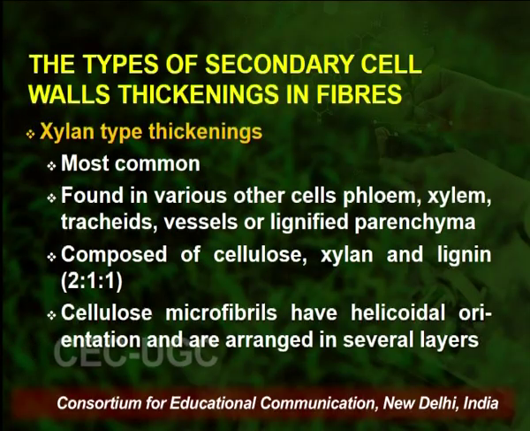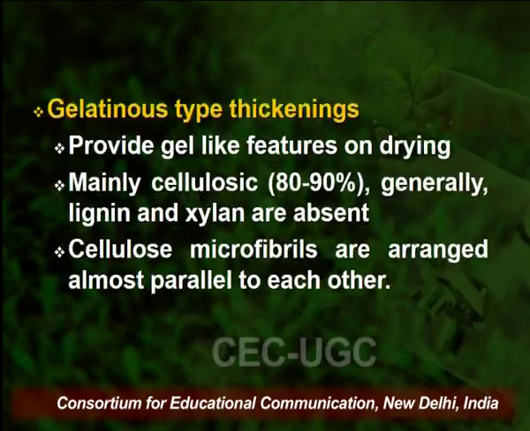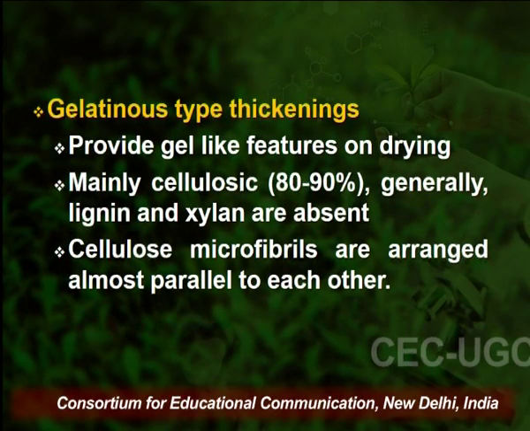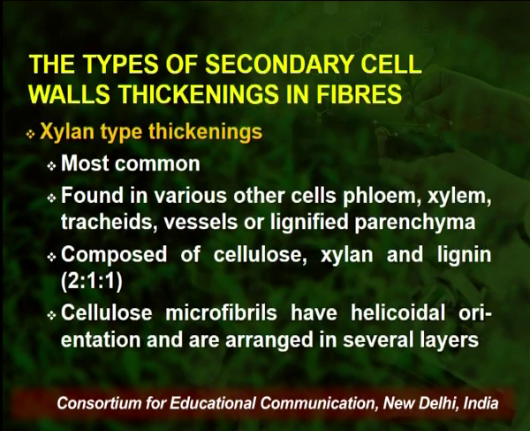The first one is the xylem type thickenings, and the second one is the gelatinous type thickenings. Now, xylem type thickenings are the most common in the case of fibers, and not only are these found in fibers, they are present on other tissues or cells, like they are found in the phloem region,